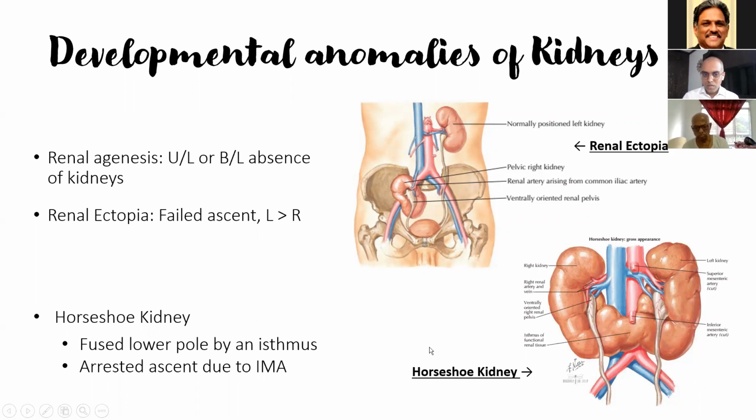And one more important point to be noted in a horseshoe kidney is that there are almost always anomalous blood vessels associated with it, because when the kidney ascends, it derives first blood supply from the iliac vessels, then from the lower part of the abdominal aorta and the IVC, and then eventually, once it reaches its regular position, it derives its regular blood vessels. But horseshoe kidneys can have anomalous vessels, which is especially important to note during surgeries on such kidneys.